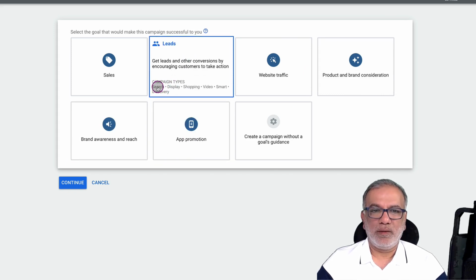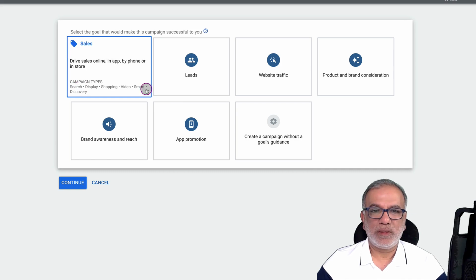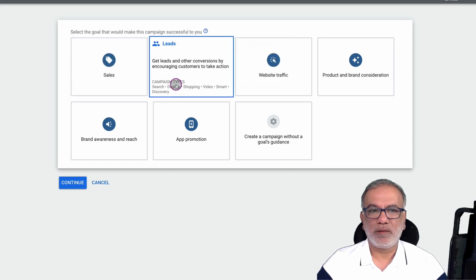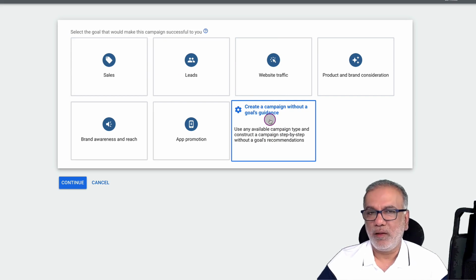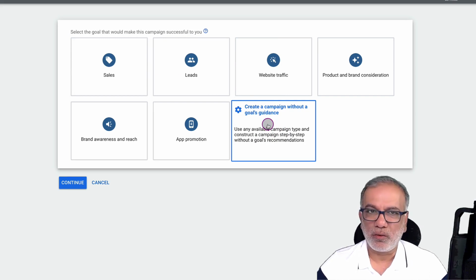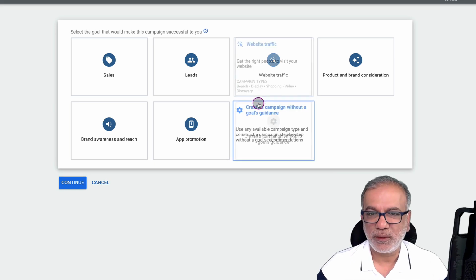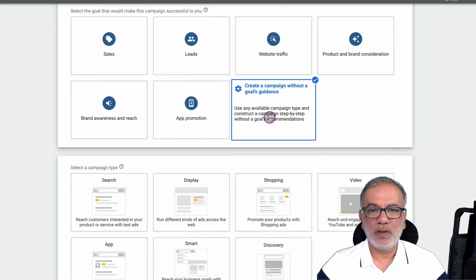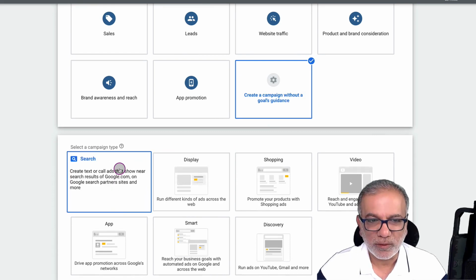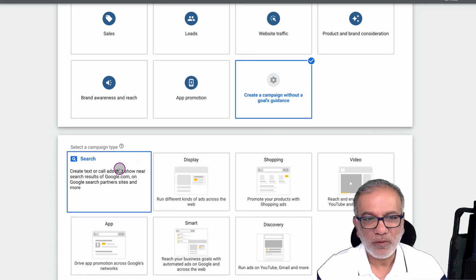So leads is search. Wherever you see search, you can set up, but selecting this one does not mean that you are not going to track the conversions. It's just that we don't worry about the goals guidance from Google, and we're happy with the way we want to set it up. Select search,